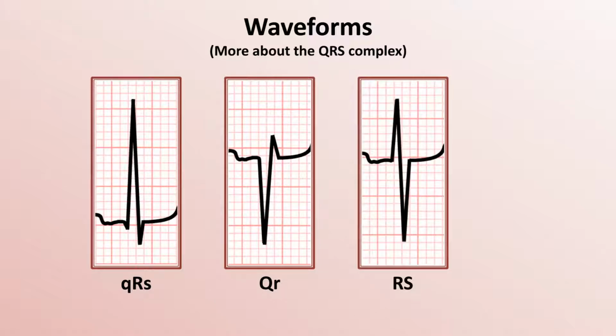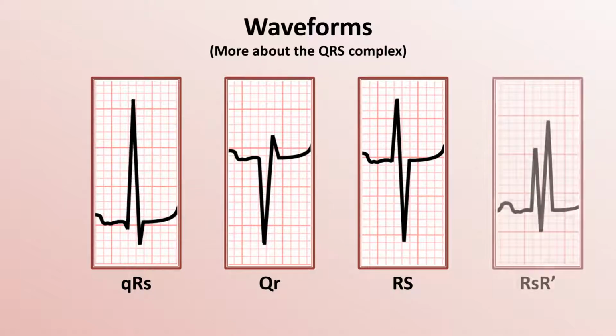In this case, there is no Q wave prior to the R wave, so that letter is left off the designation this time, and as the R wave and S wave are both equally prominent, they are both written in uppercase letters. In the situation where there are two positive deflections separated by a negative deflection, the first positive deflection